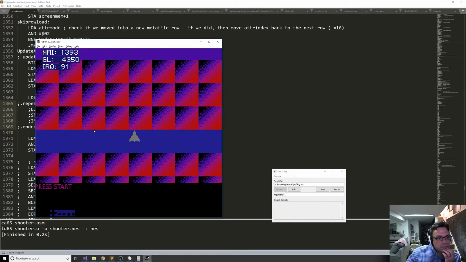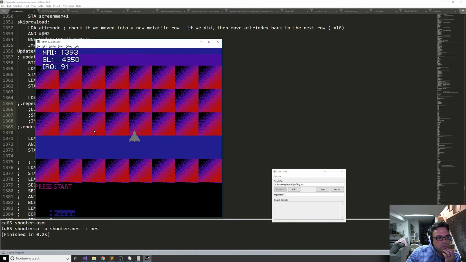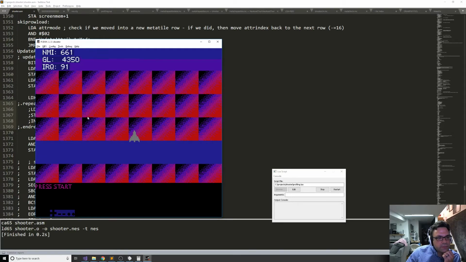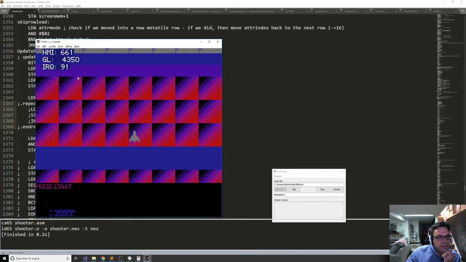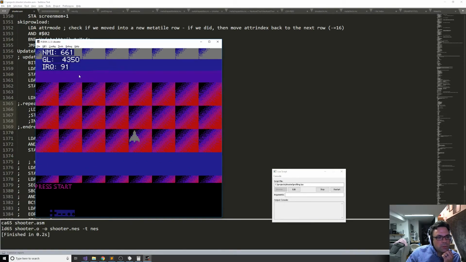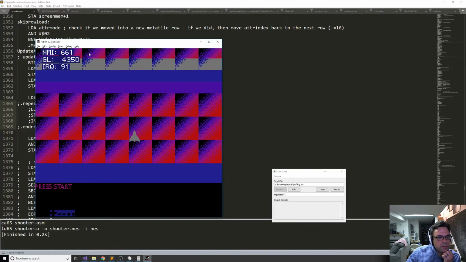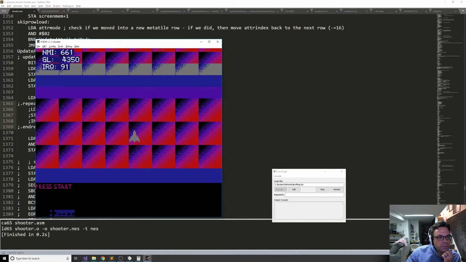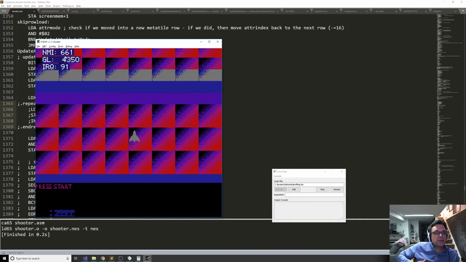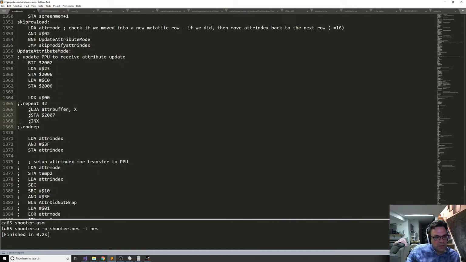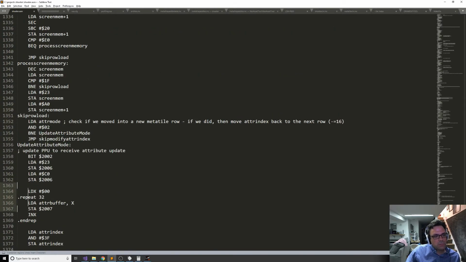There's an extra 100 cycles when we have to load a new meta tile row, because it's 1400 without it, and then we hit another meta tile row. Well, it's about 200 cycles. So 1600 cycles is what it's taking us to do the